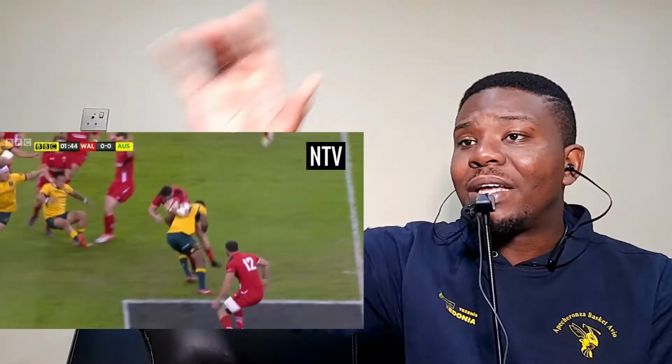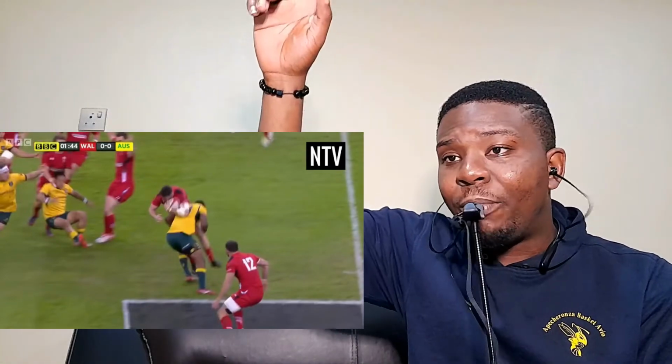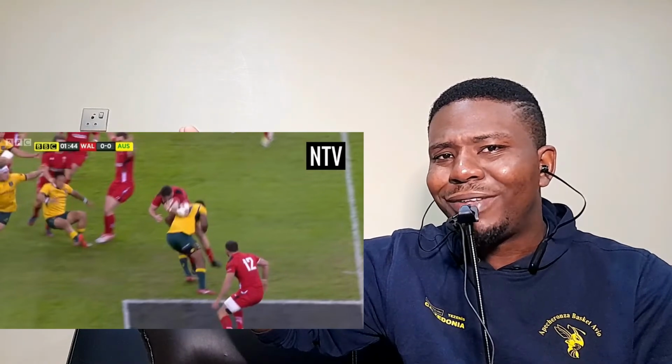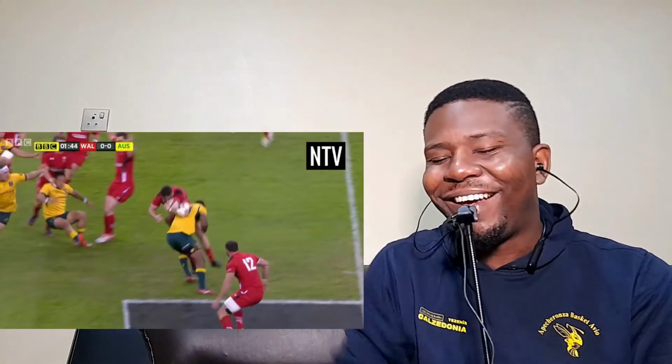Damn! There are many other rules not discussed here. I was wondering how that guy was able to reach that ball. When I first saw it, I overlooked it. I just felt maybe he was that athletic. What? They can actually lift? Oh God. This game looks like some children's play.